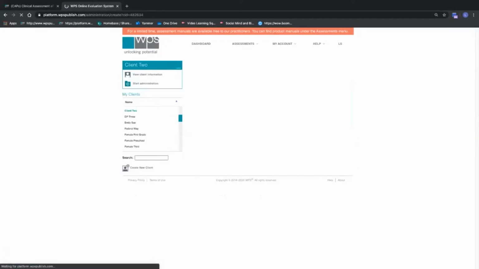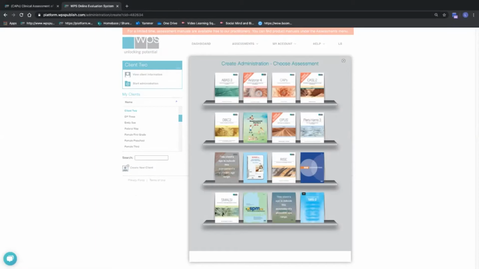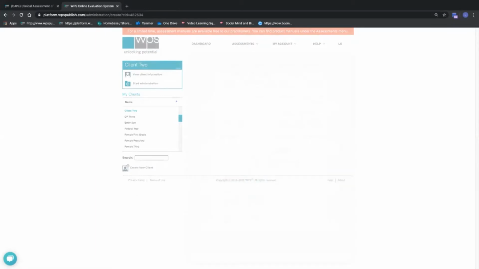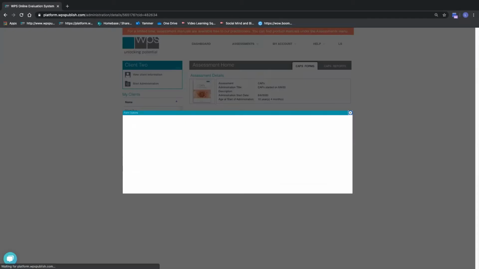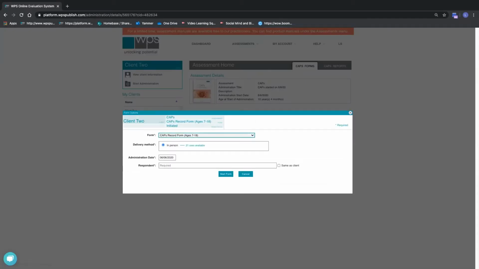It will take you to the bookcase. You are going to click on CAPS. And you are going to go down towards the bottom and click on Add Form. So right now you have no open forms and no submitted forms for this student. So you are going to add a form. And it will be the CAPS record form, ages 7 to 18. If you click on the drop-down box, you'll notice that is the only option you have for this test,